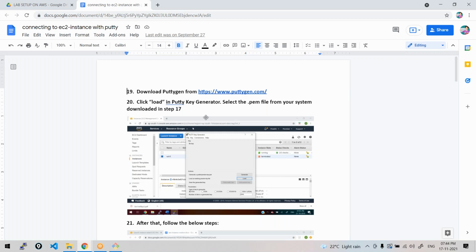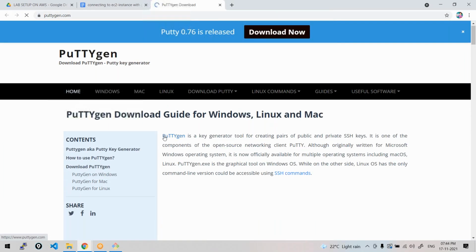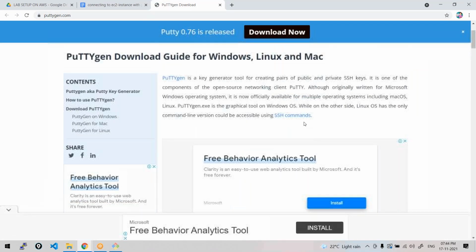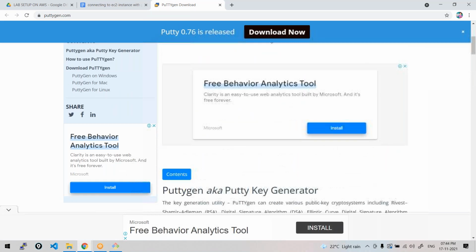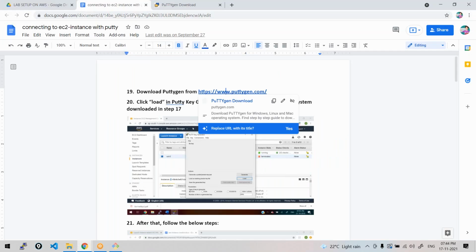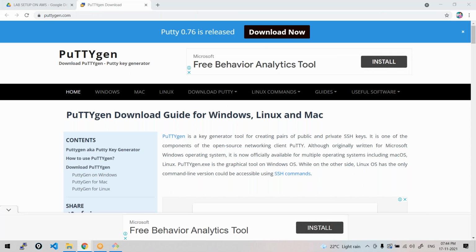Two softwares you have to download. Go to this URL and download PuTTyGen. Like you downloaded Git Bash, like you download any software in Windows, just download and install PuTTY and PuTTyGen. Once you download it, launch your PuTTyGen first.